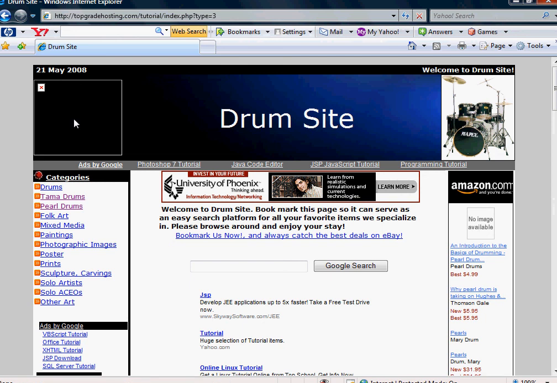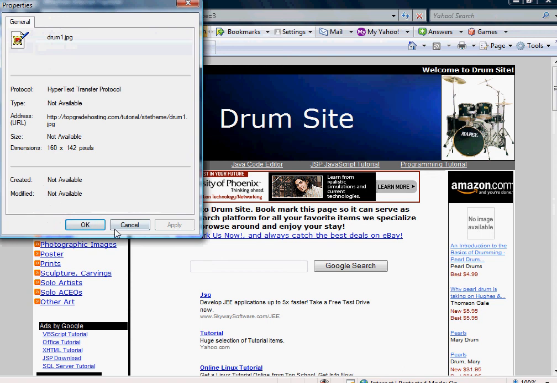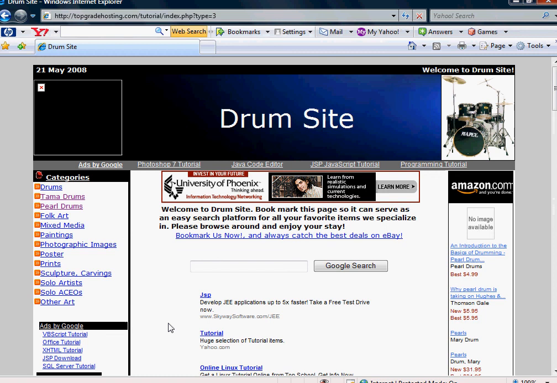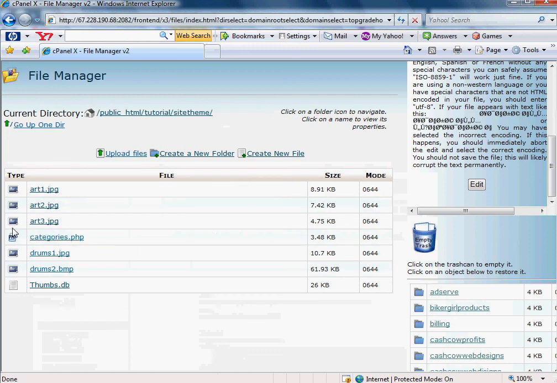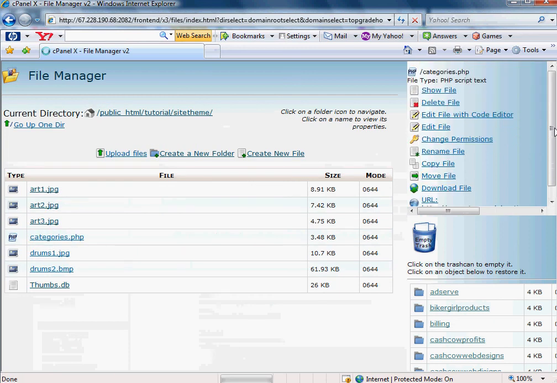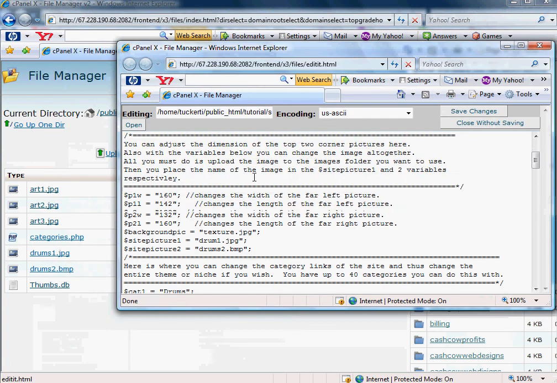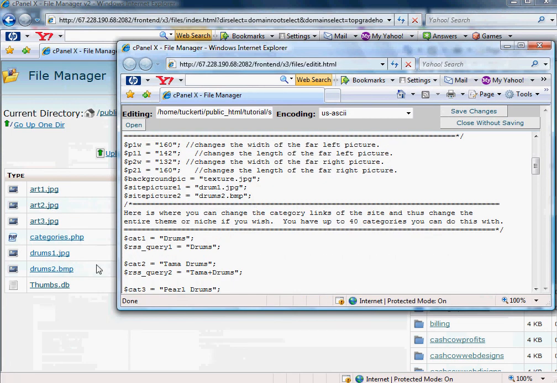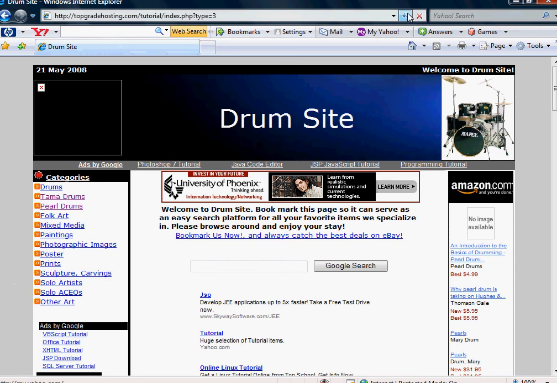We have drum site, and here's a good lesson for troubleshooting. First picture didn't show, and I want to know why. So I'm going to go back into my cPanel and open up my site theme folder and open up my categories file. I'm going to look at my picture names, and look at that. I didn't put the S on drums. So I'm going to do that real quick, hit save, and then when I revisit the site,